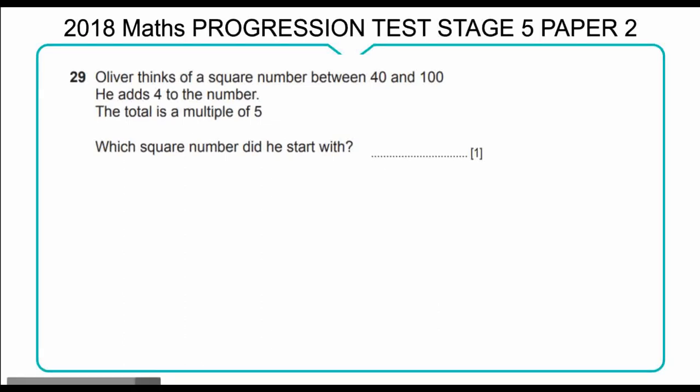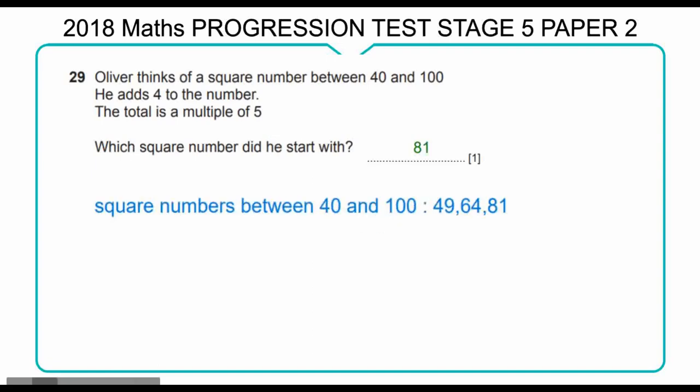Let's reveal the answer. It's 81. Here's the explanation. Square numbers between 40 and 100: 7 squared is 49, 8 squared is 64, 9 squared is 81. Next,